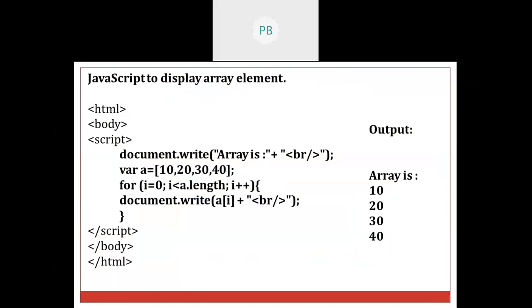So this is a small example which shows how the array is initialized and displayed. In that, first I have taken an array 10, 20, 30 and 40, meaning the length of the array is 4. To print the elements of the array, we use a for loop. In the for loop, I have initialized one variable, and in that I have used .length, meaning it will take the length of the array directly, whichever array we have created, and display the values one by one.